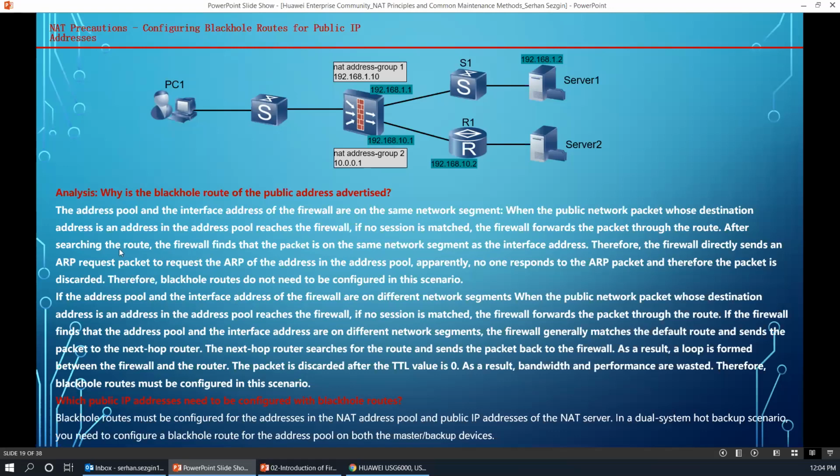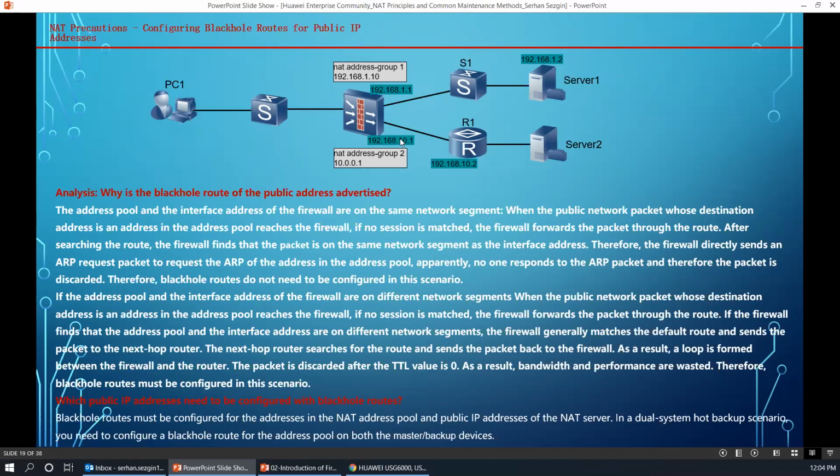It doesn't need to route it or find a route from a static route or default gateway. They are in the same subnet, so they can communicate with each other. But if it is in another subnet,